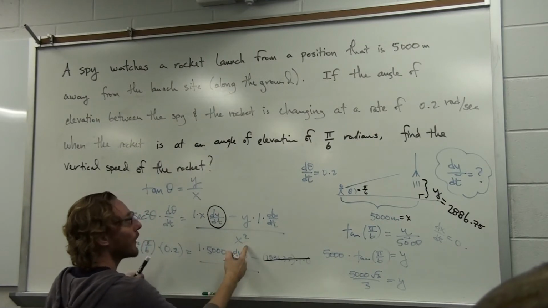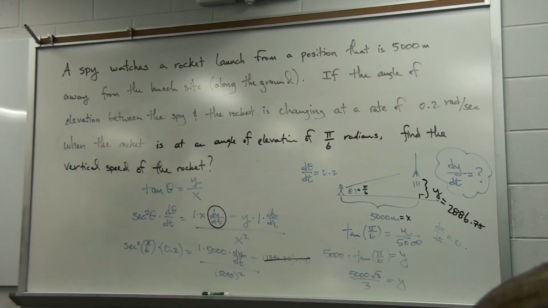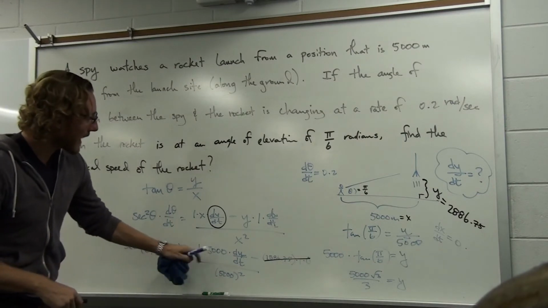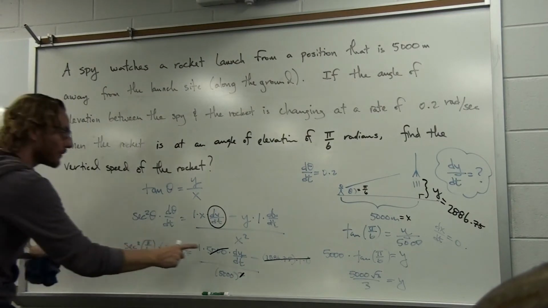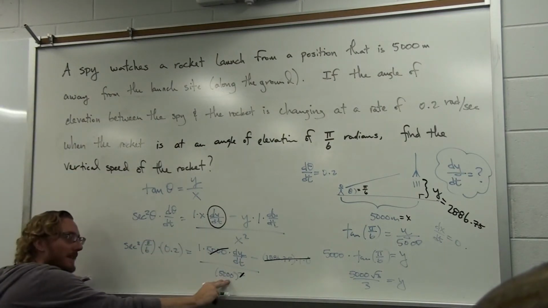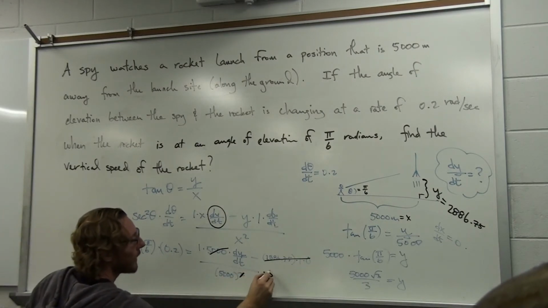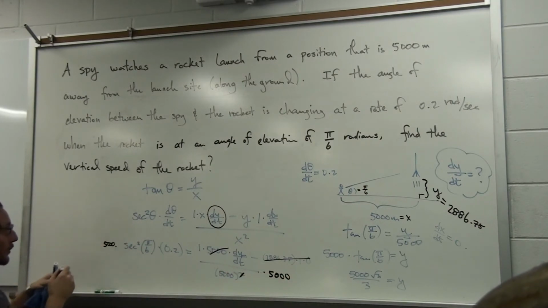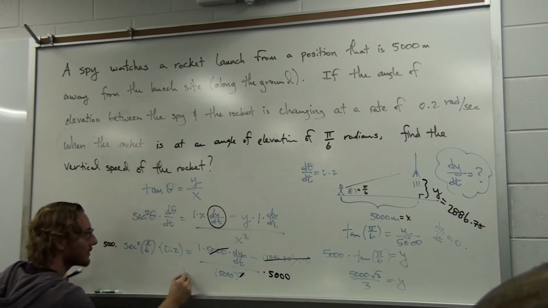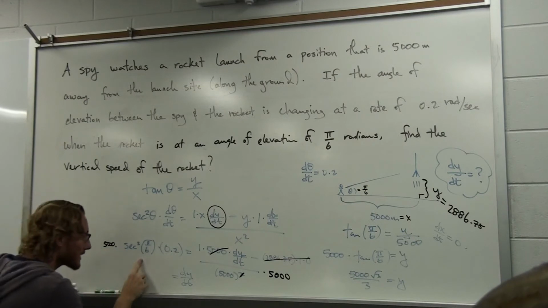And now this is just over x squared, which is 5,000 squared. And in fact, when you look at this now, you can see that the 5,000 that is upstairs is going to cancel with one of the 5,000s downstairs. And then in order to get dy over dt by itself, we're going to have to get this 5,000 to the other side, but you can get a 5,000 in the denominator to the other side by just multiplying both sides by 5,000. And the long story short then is upon all of that computation, you get dy over dt by itself, and dy over dt is merely equal to 5,000 times secant squared of pi over 6